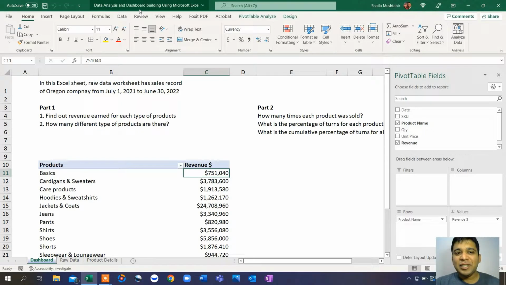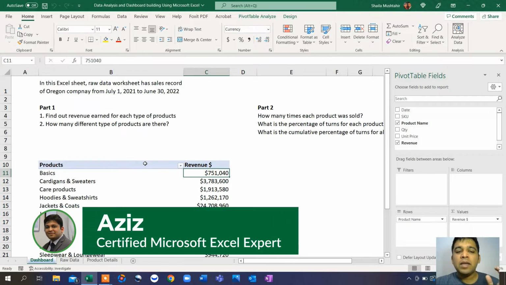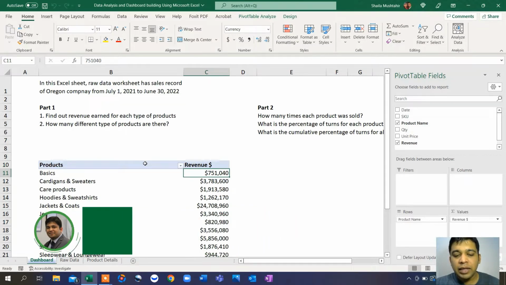and dashboard building using Microsoft Excel. So this is part 2 of the video. If you haven't watched part 1, you're welcome to watch it. And in this video we are going to look into the sales record of Oregon company, and we will